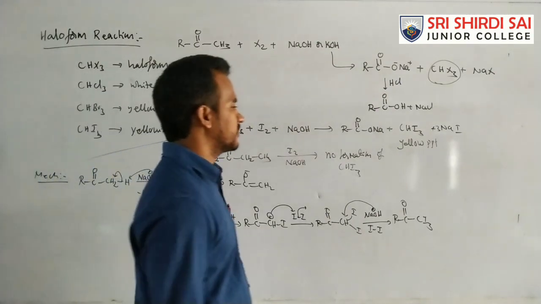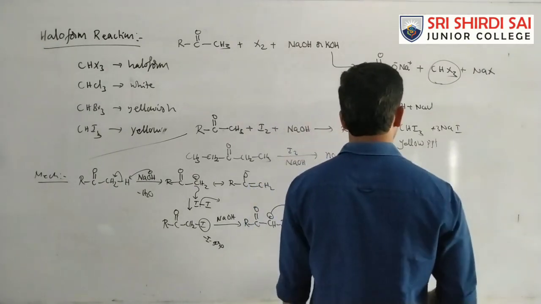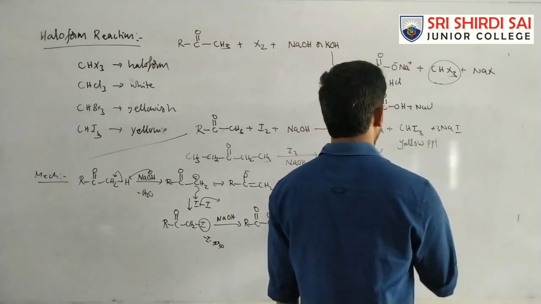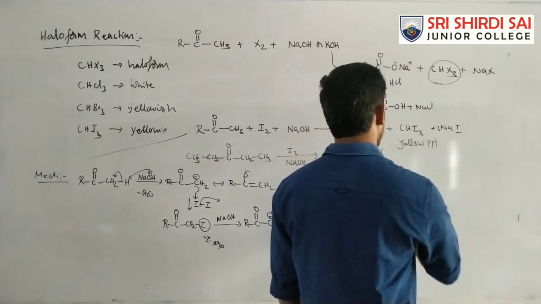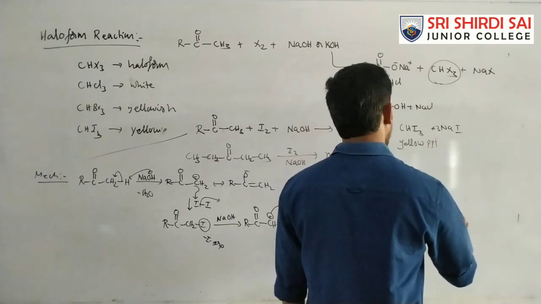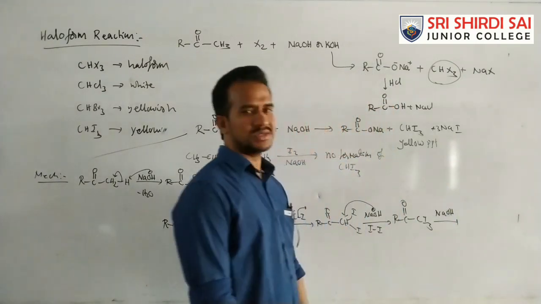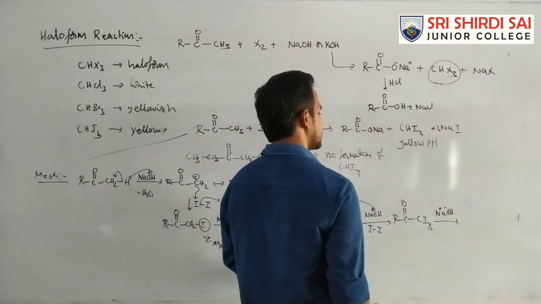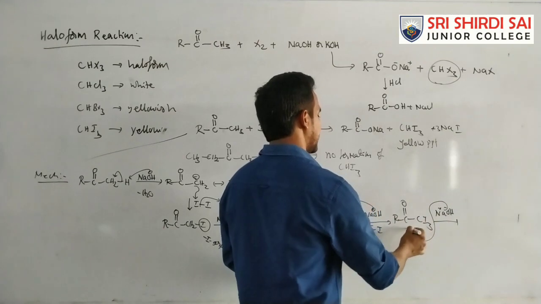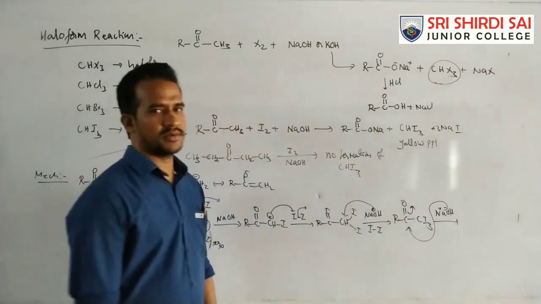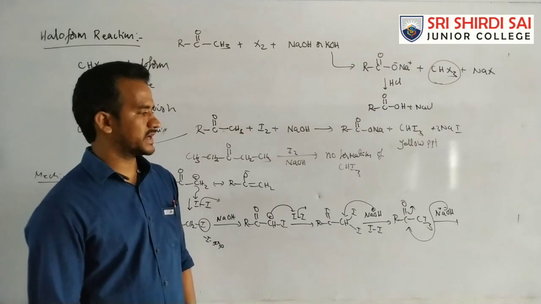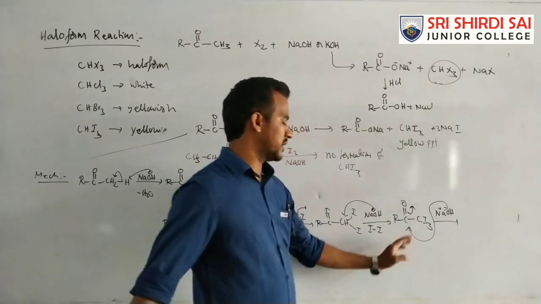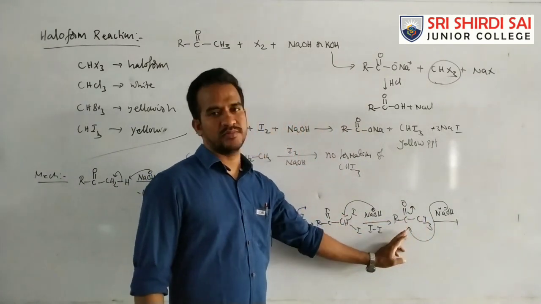So now further, it is attacked by the NaOH. How is this attacked by the NaOH? Because in this case there are Na plus and OH minus. This OH minus nucleophile attacks on the positively charged carbon. Okay, that OH minus attacks on the positively charged carbon. So here this is the nucleophile, and that nucleophile attacks on the carbon.